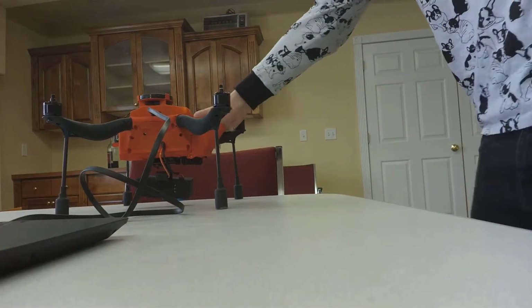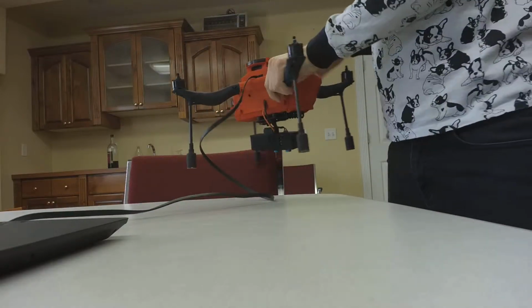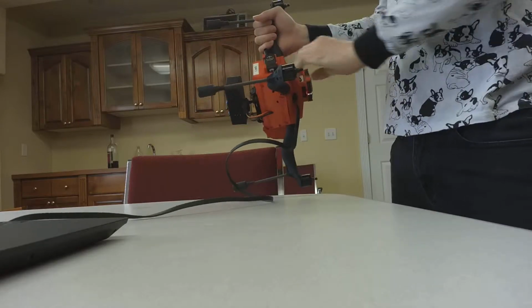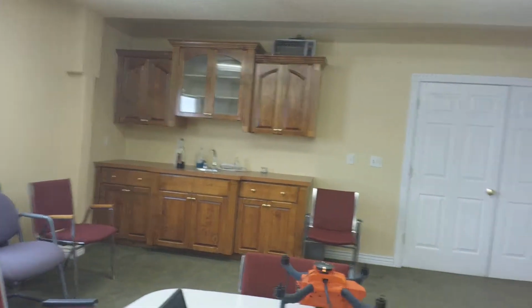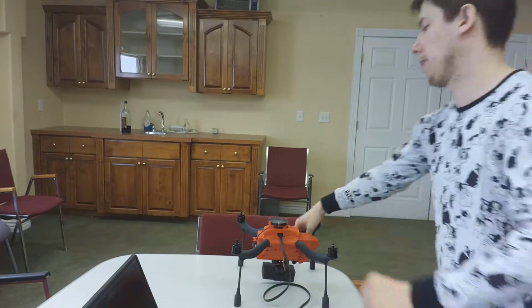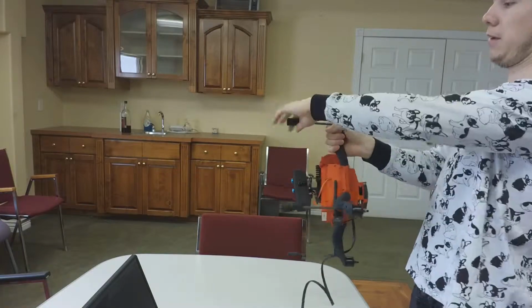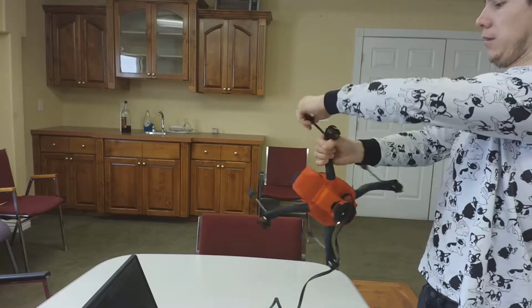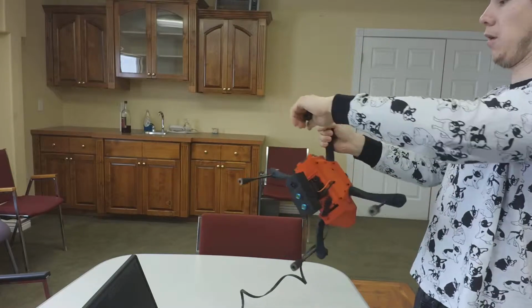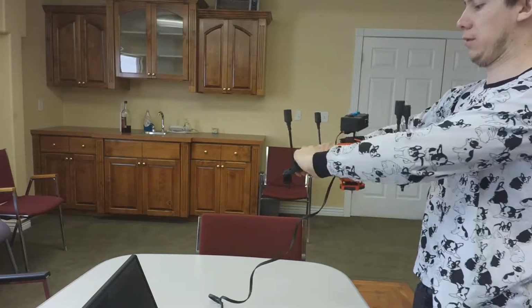So basically what I do here is I'll rotate the drone 360 degrees, being careful not to disconnect the cable from the computer. Then I'll hold one of the arms and rotate it, switch to the next arm, rotate it, switch to the next arm, rotate it, and then the last arm, rotate it. Then we switch it upside down, do a full 360,